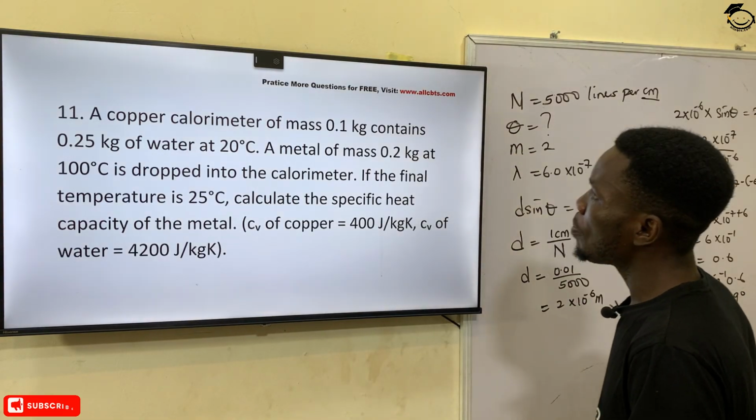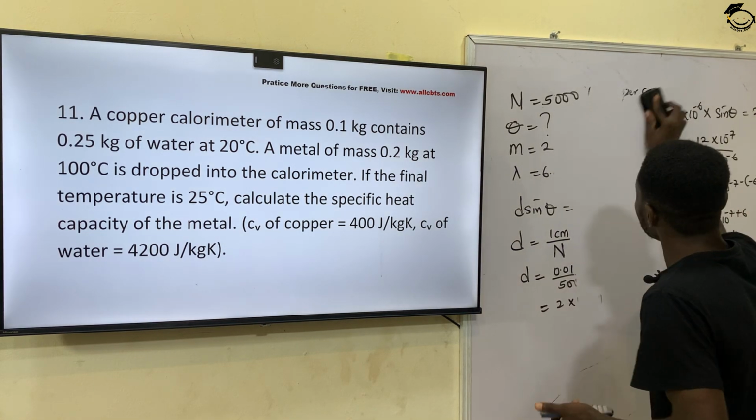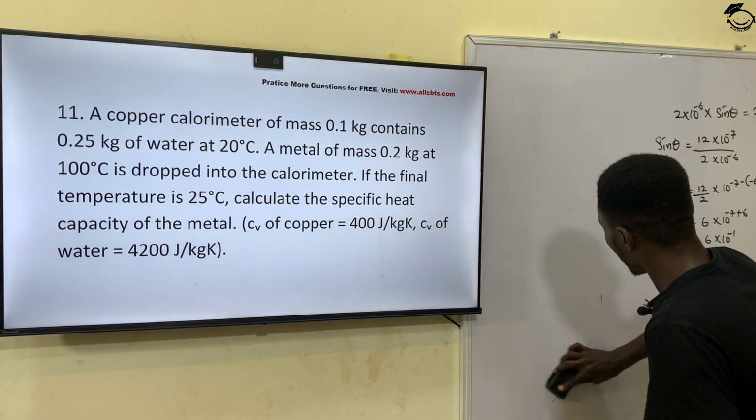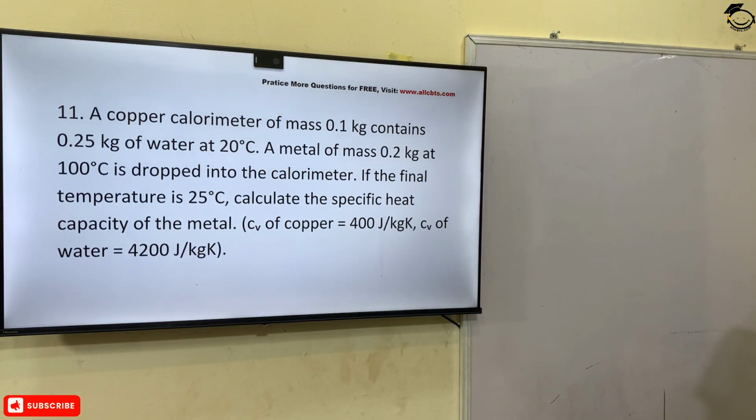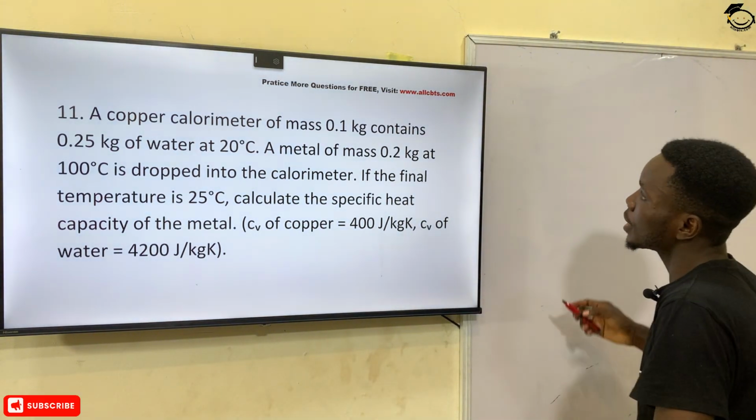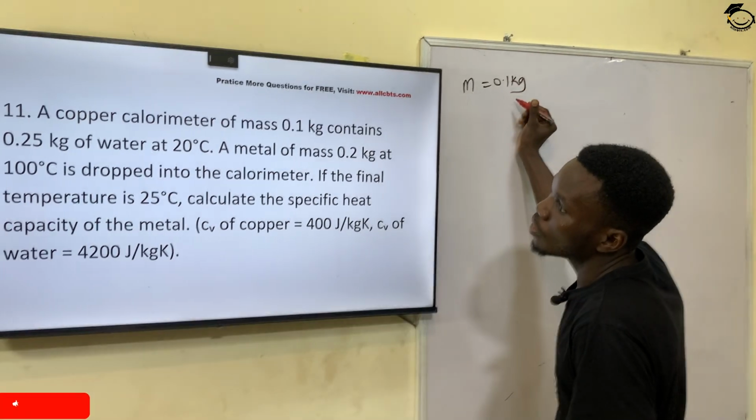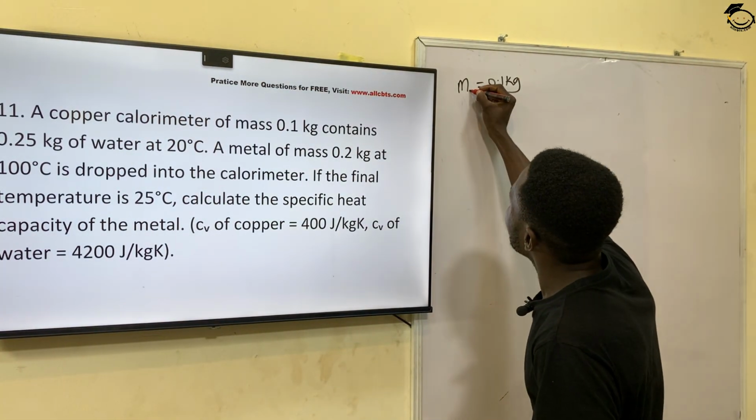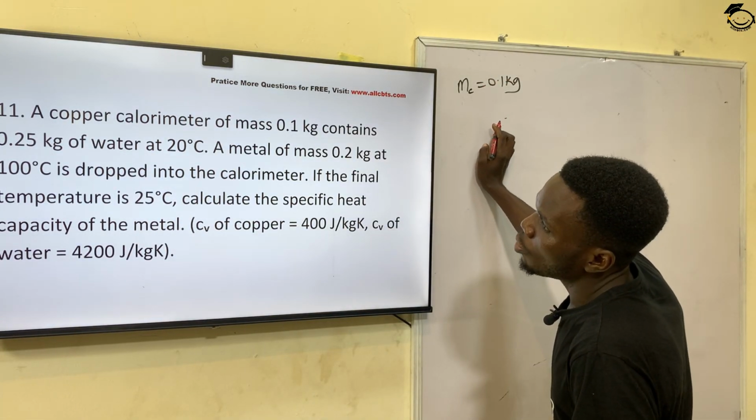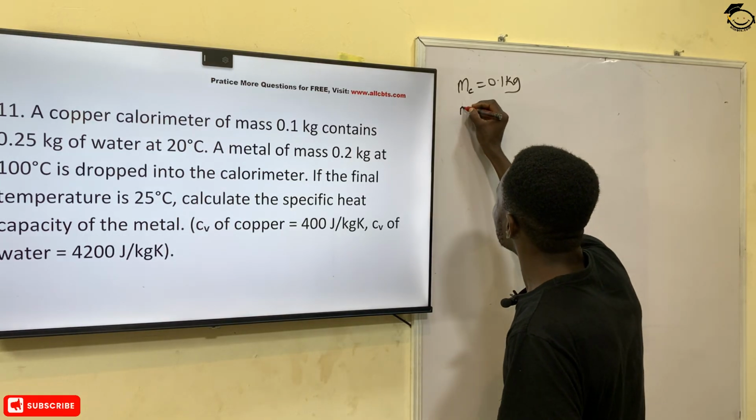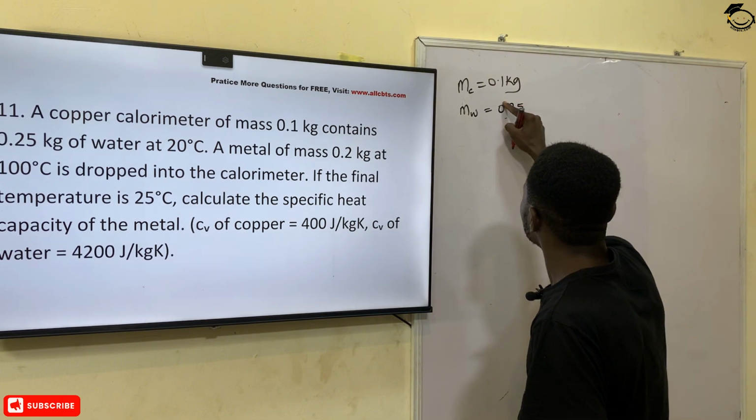It says a copper calorimeter of mass 0.1 kg. So the mass of this copper calorimeter is 0.1 kilogram. Let's say this is the mass of the calorimeter. It contains 0.25 kilogram of water. So the mass of water was given as 0.25 kilogram